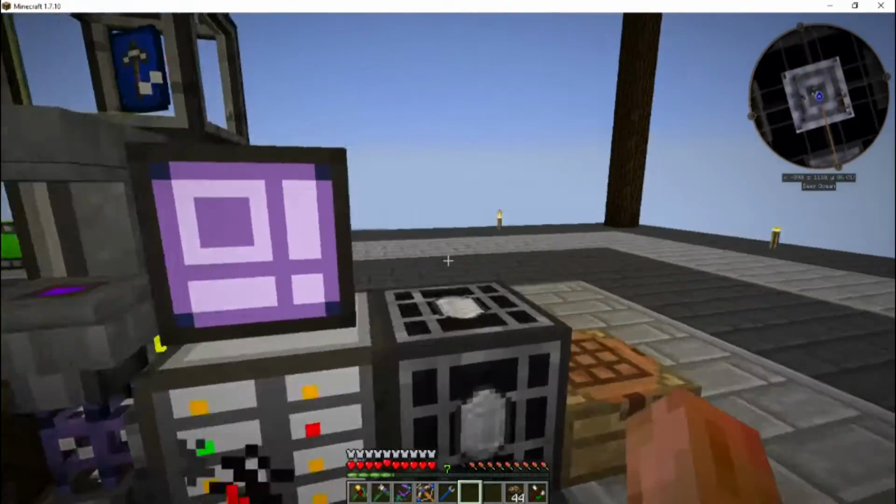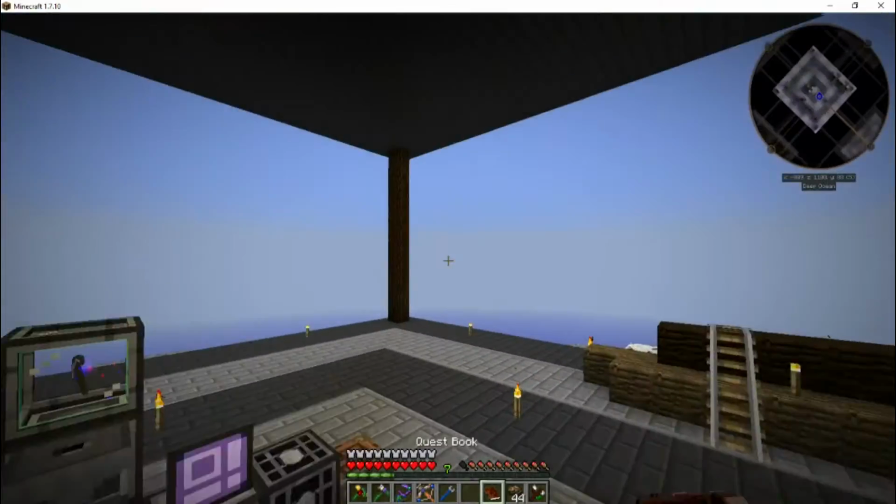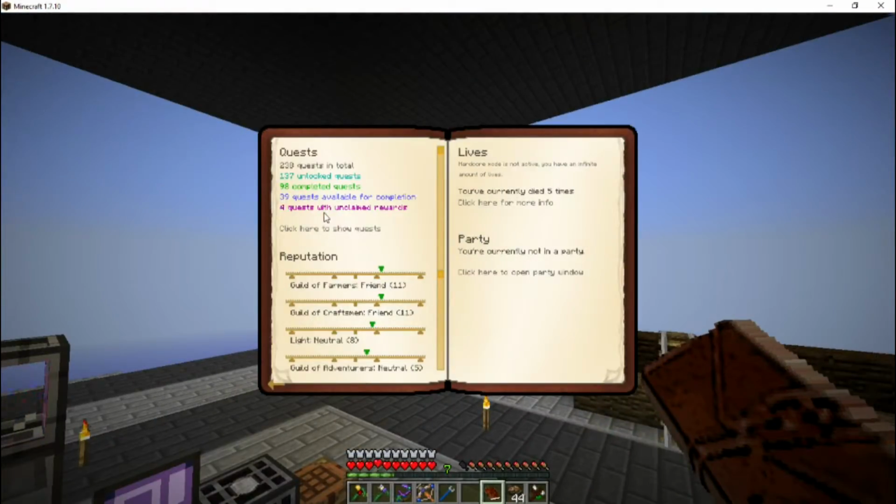Never, ever, never again. Okay, guys, let's take a quick look at our quest book, and then we are going to call it an episode. I am doing my best to keep on track. We have 4 quests available. That's good. We have died 5 times. I believe we've looked at the current...